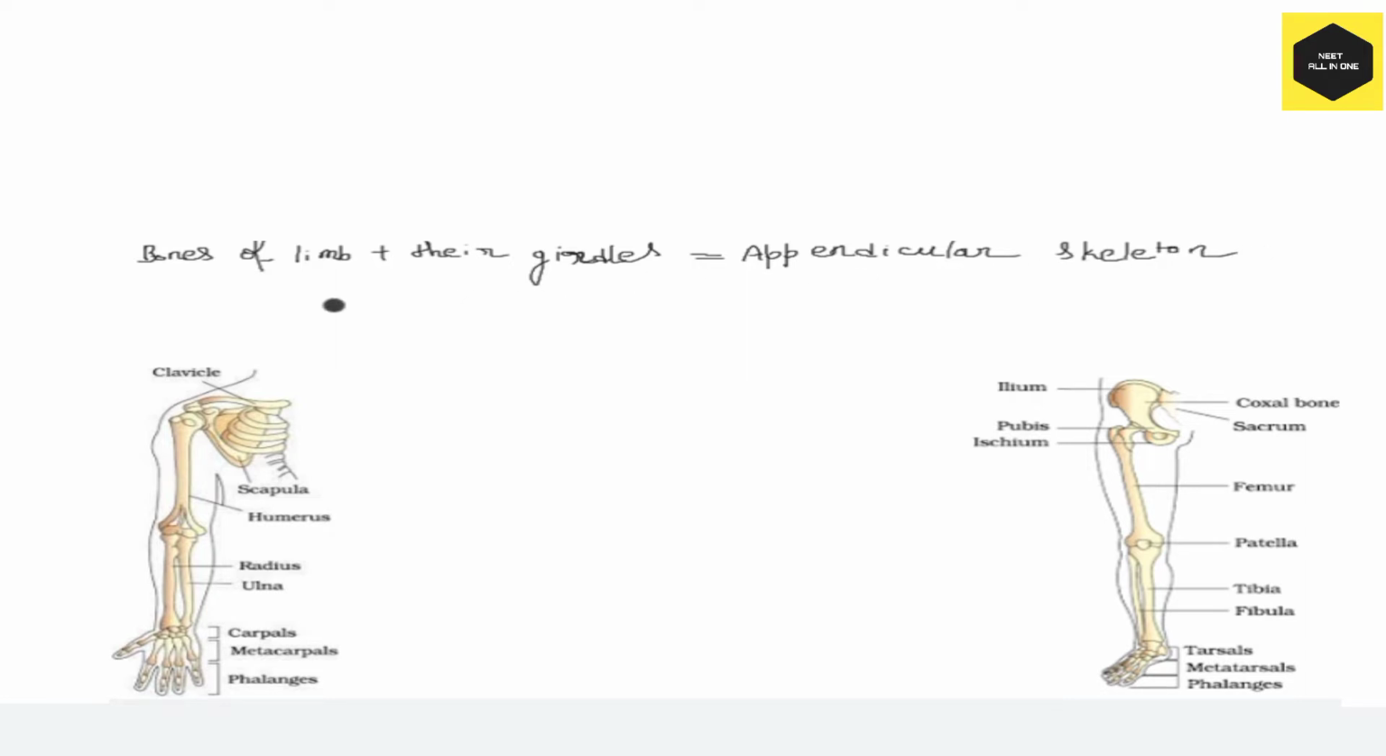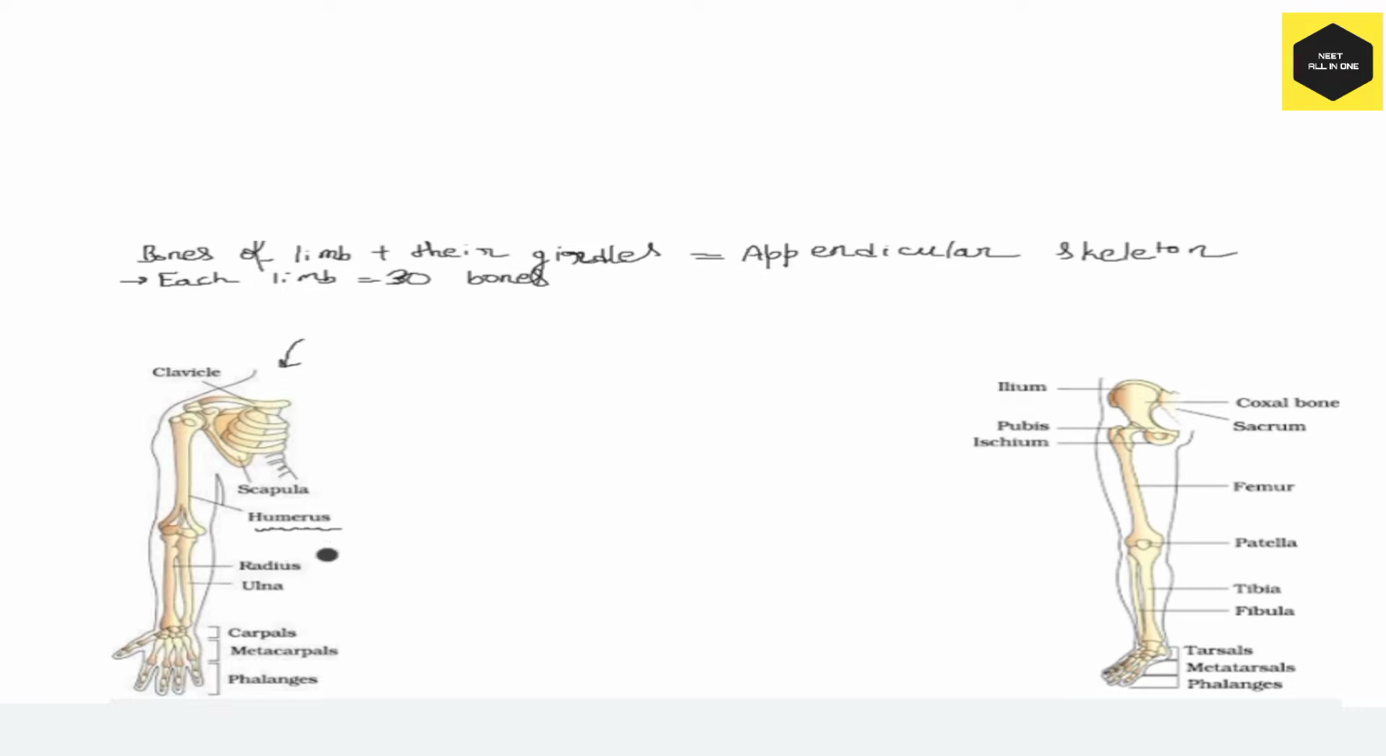Now, each limb has 30 bones. Now, let us come to the bones of the hand. Now you can see the bones of the hand are, focus on this image students,